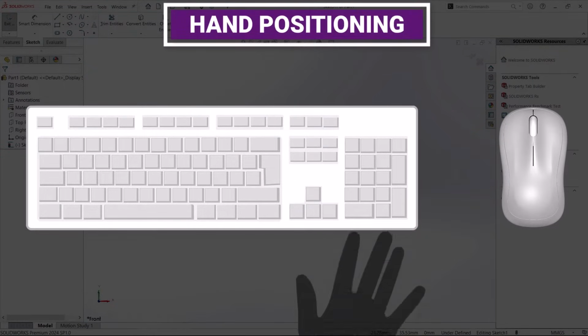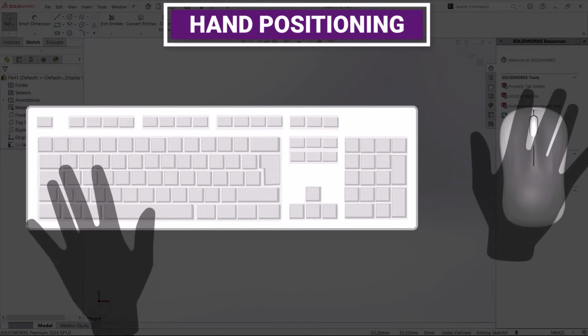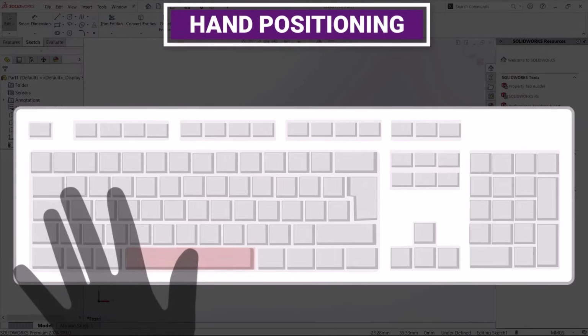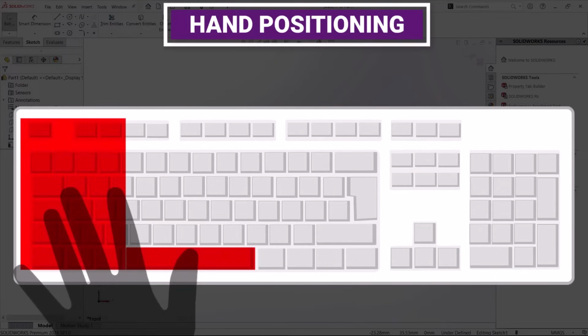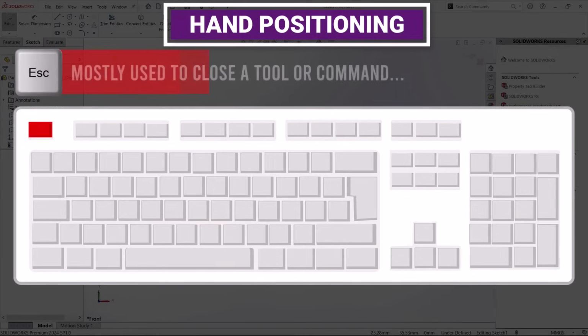If your dominant hand is the right hand, you'll use the mouse with your right hand, while your left hand rests on the keyboard. Position your thumb above the spacebar and your other fingers covering the leftmost area of your keyboard. For left-hand users, as you understand, the position is the exact opposite. Depending on your keyboard, it's essential to have your middle or ring finger on the Escape key, as it's one of the most important keys in SolidWorks for closing commands quickly.